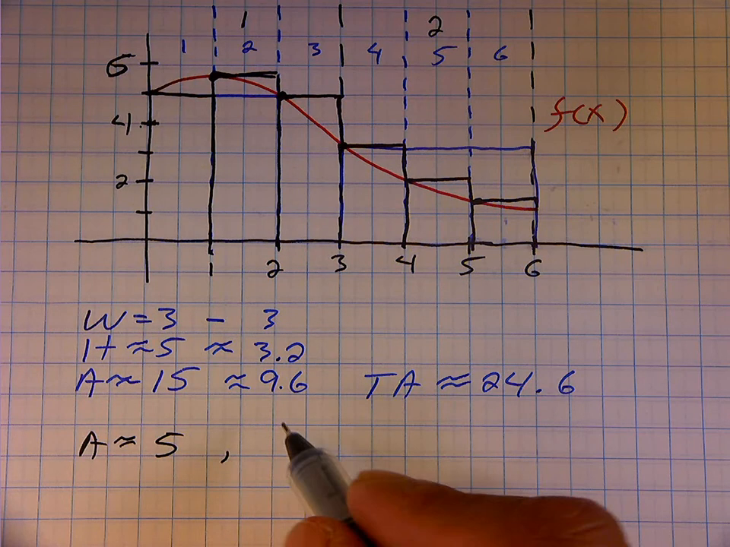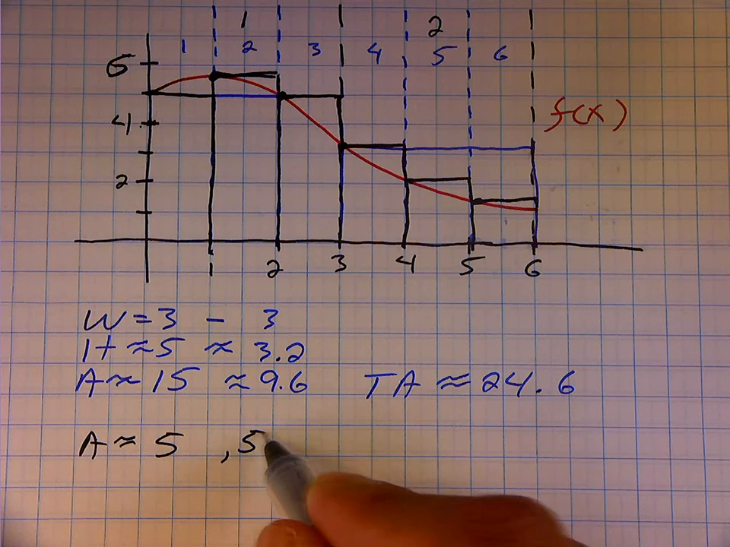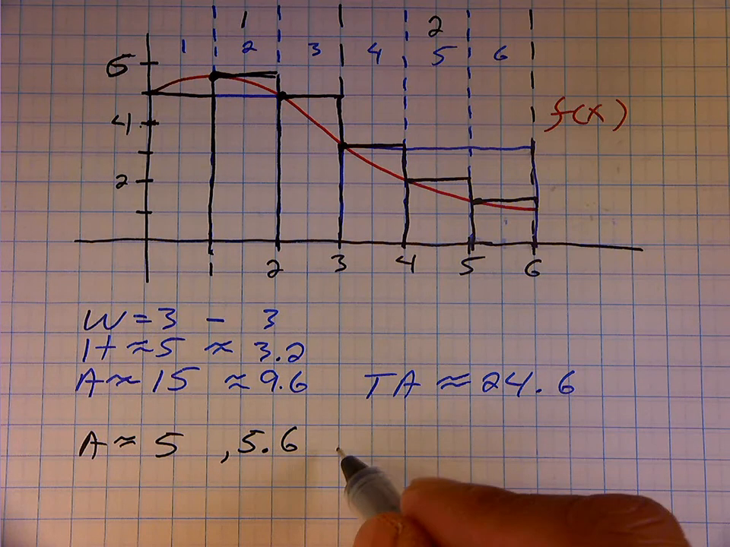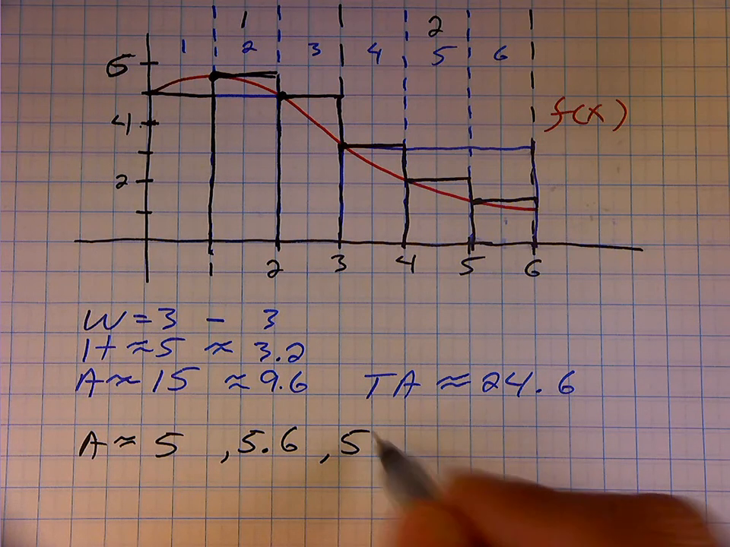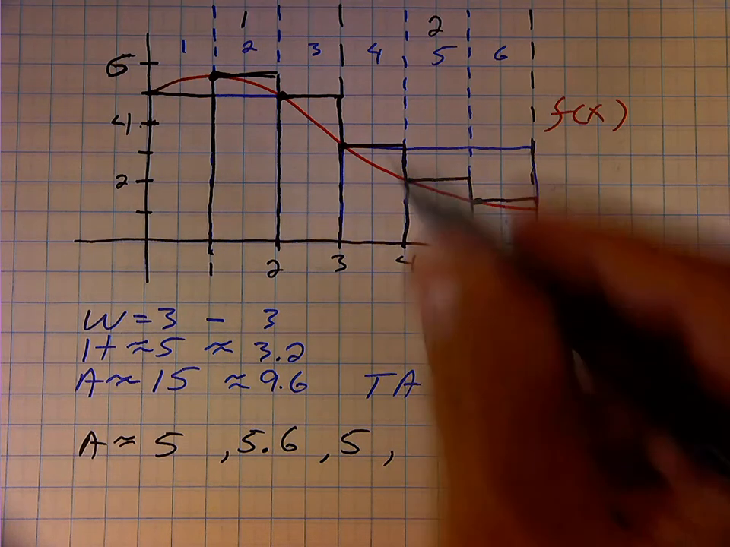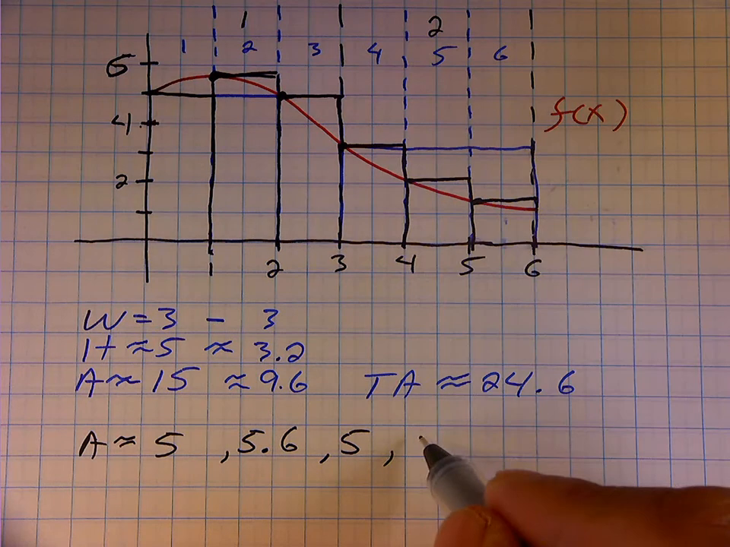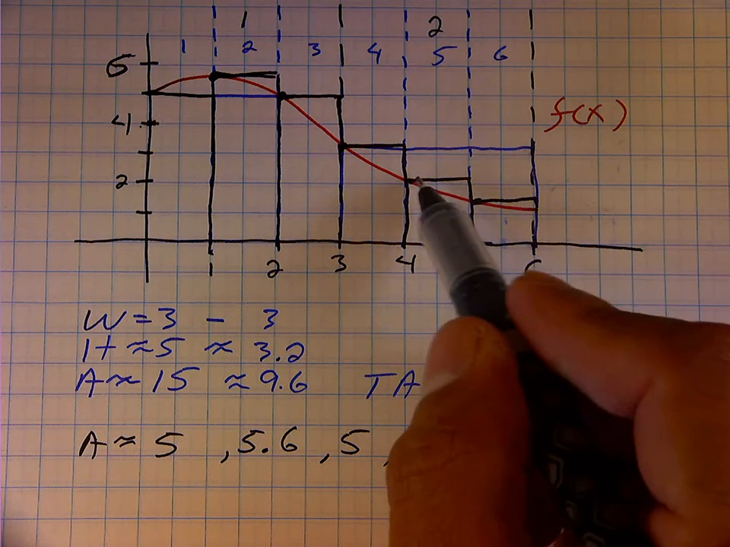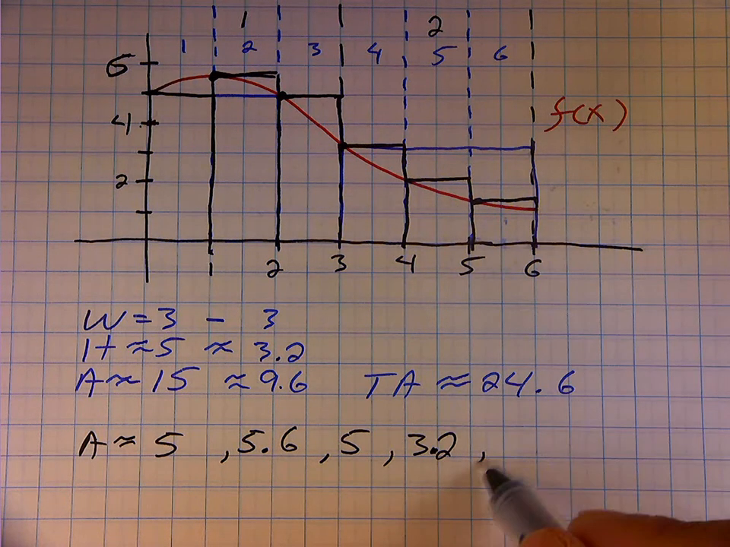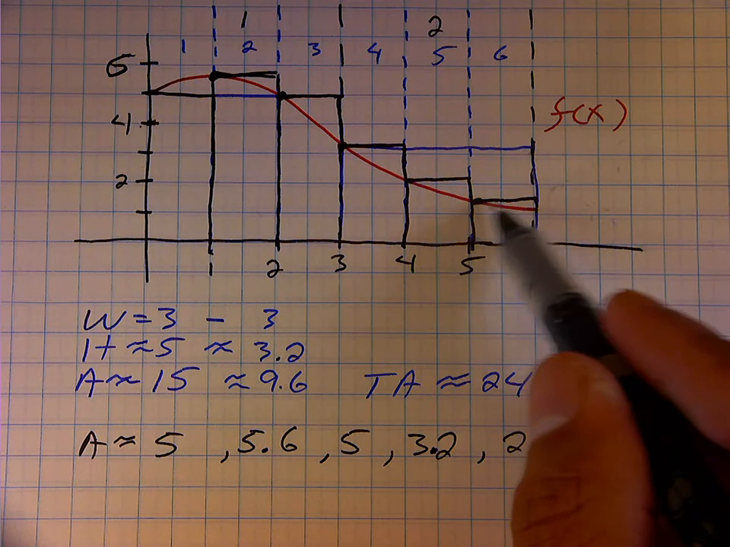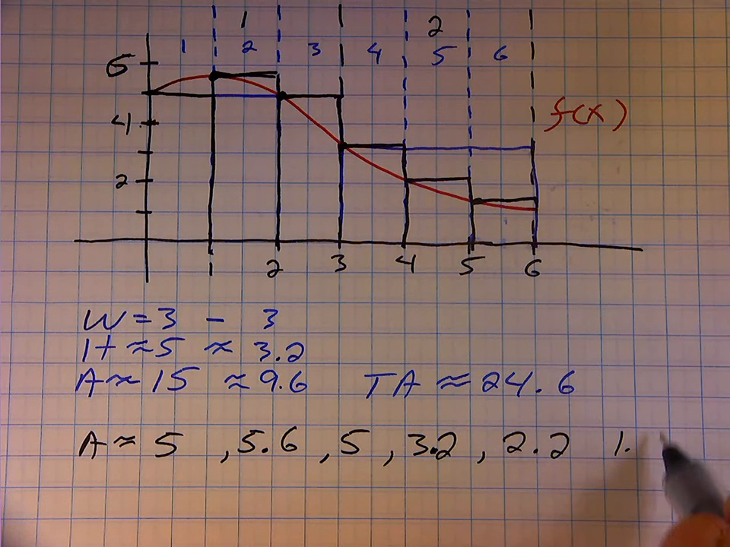The next one is about 5.6 if I had to approximate, and I am. The next one is approximately 5. The next rectangle's height is about 3.2 approximately. The next rectangle's height is approximately 2.2. And the last rectangle's height is about